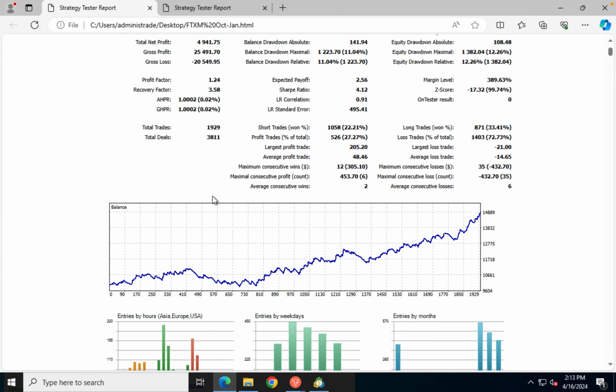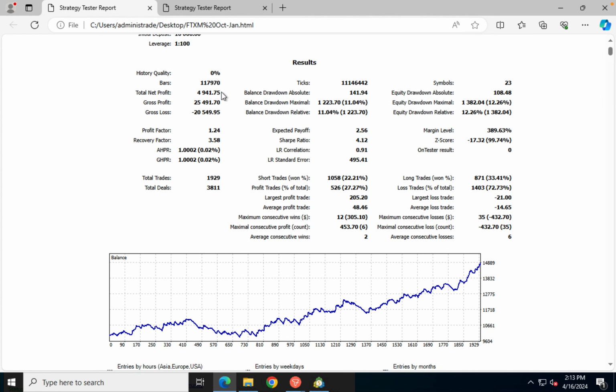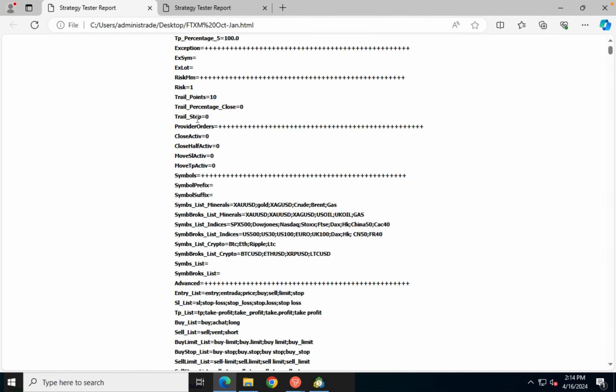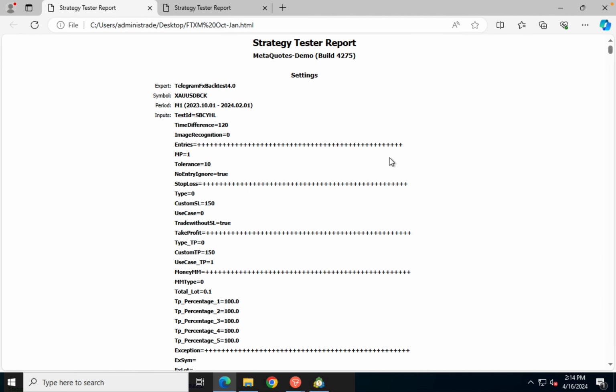So let's take a look at the returns. Here's the plot, right? So for, I think, October and November, there was a lot of churn, but then it really kind of took off. And you can see that it did $4,941 in a 4 month period. So the total that this channel did on a $10,000 account using 0.1 size lots: 4,941 in October to January, 357 in February, and 643 in March. So that equals $5,941. So that's about a 60% return over the course of 6 months on a free channel that has pretty good signal format. All right. So yeah,